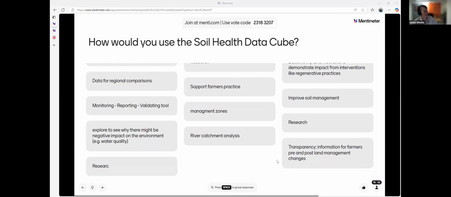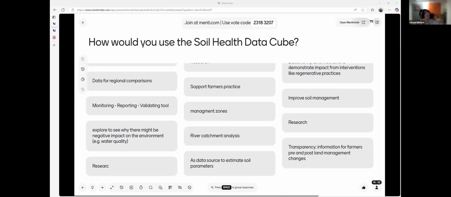Oh, it's a big question. All right, how do I personally want to see it used? I personally would like to see it used to support people in their places, whether they are a farmer, a local group, or a local government. Use the information to support what they've already done, right?